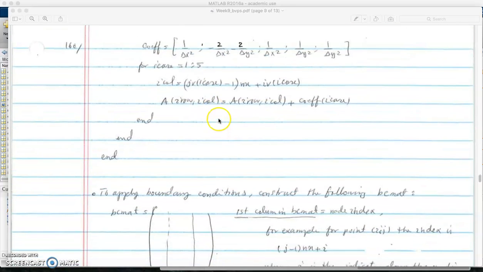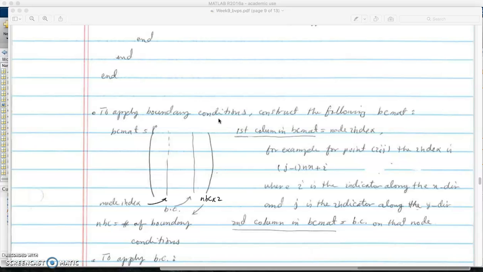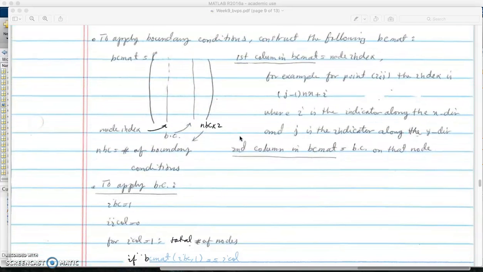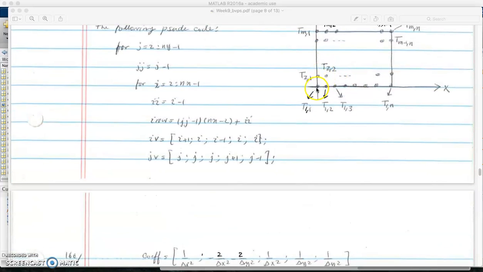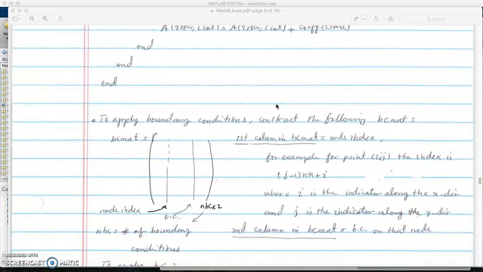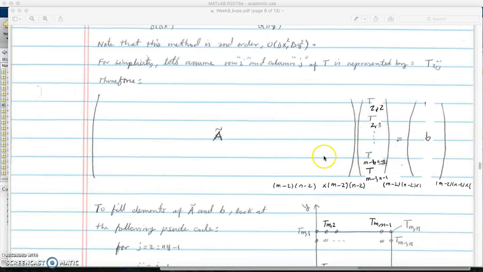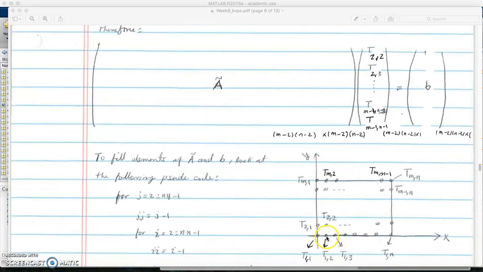So you assemble the A, and then you have to assemble the B matrix to solve the system. The way to calculate the B matrix is, you have to go over every boundary point, like go over this boundary point, all the way around this boundary. And then you multiply the corresponding column of A matrix by that boundary value, and then move it to the right side of this equation. So if I know the boundary value for this point, then you multiply this value by the corresponding